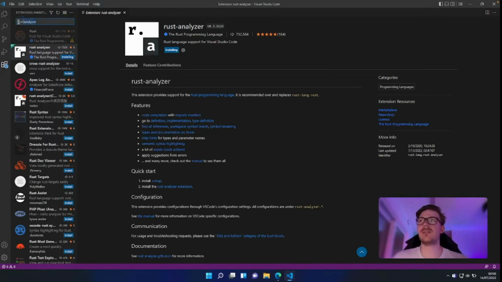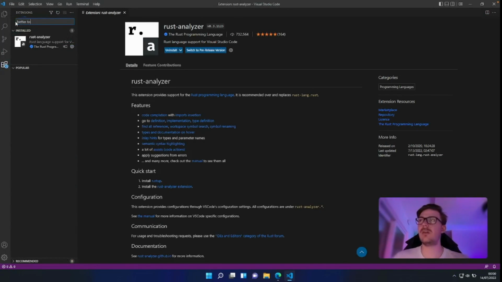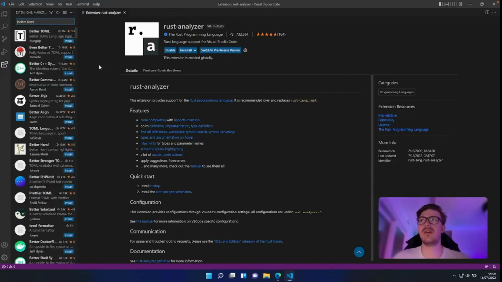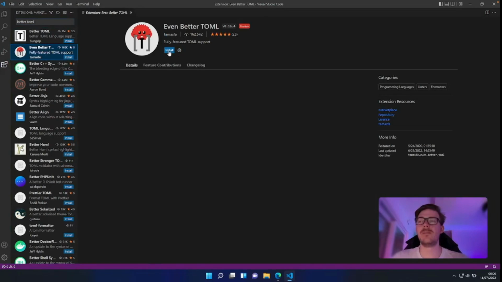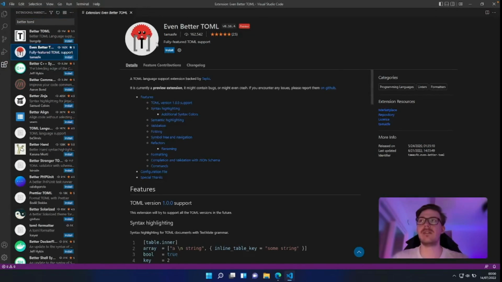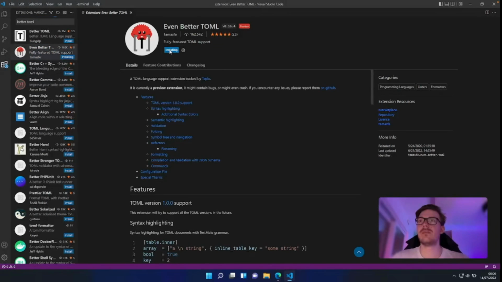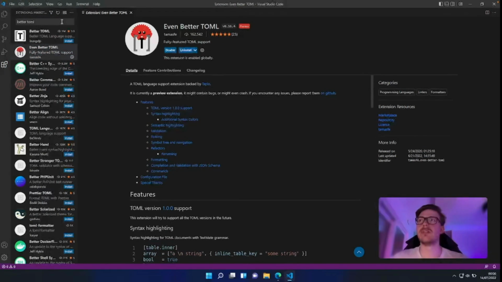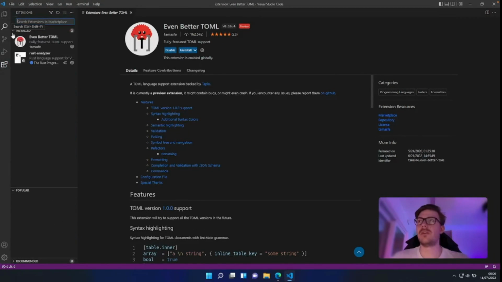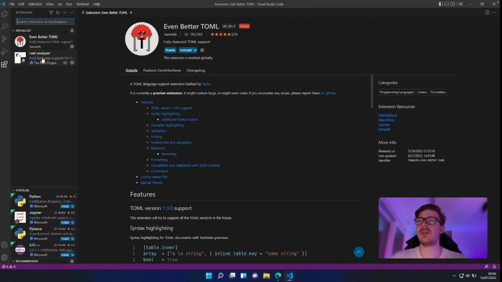While this is installing in the background, we can also search for Better TOML, because Rust uses TOML files for configuration. We're going to want to install the second one, Even Better TOML, because it has support for some things that Better TOML doesn't. So let's install that too, and that should also be fairly quick. It's installed now, and I'm pretty sure that Rust Analyzer is also installed. Okay,